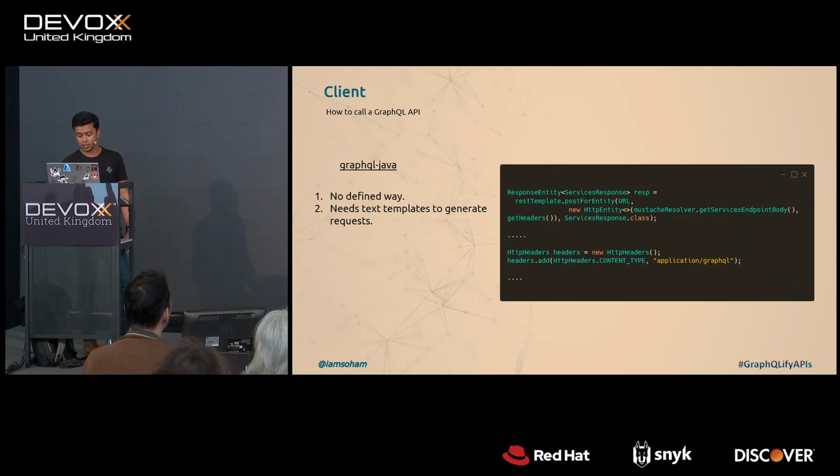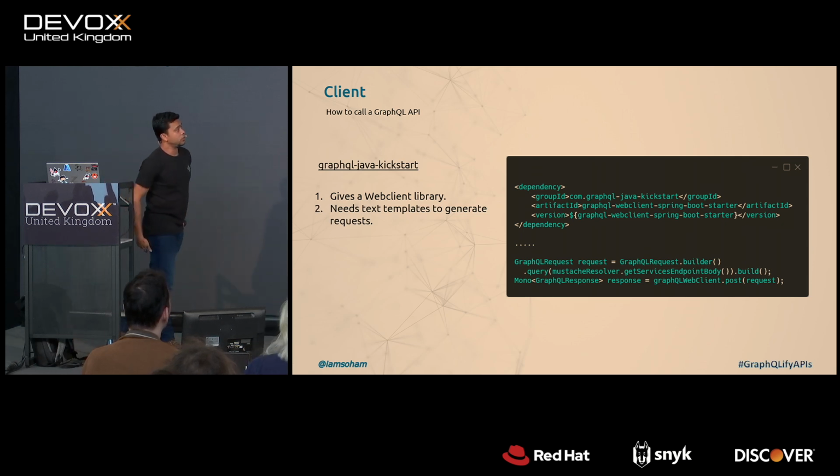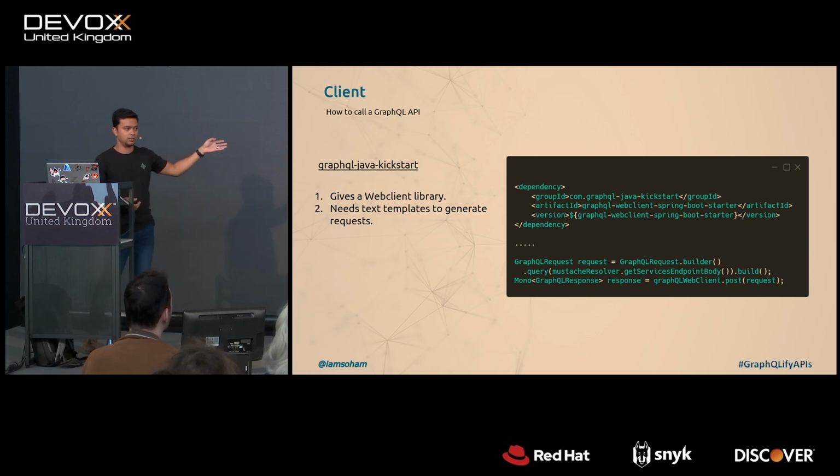So as I was saying, there's no defined way. You can call it as a simple API call and retrieve it and parse it with your own object structure. Same goes for Java Kickstart. Even though they give you a library to call it, it's basically minimizing the lines of code required to invoke that API, nothing else. At the underlying level, it's using reactive streams, to be honest.